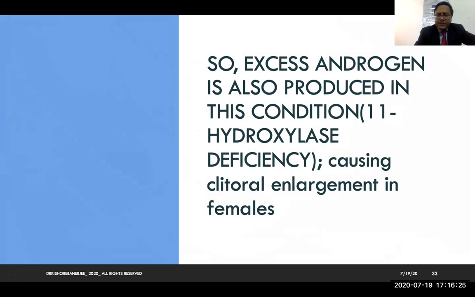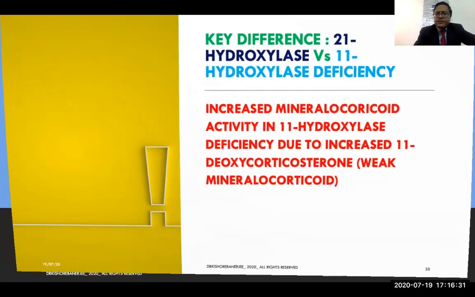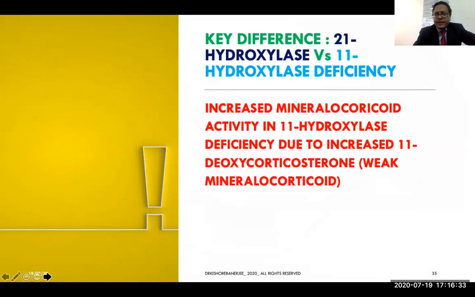Then what is the actual difference between 21-hydroxylase and 11-hydroxylase deficiency? I already mentioned it, but I am repeating it here. The key difference is increased mineralocorticoid activity in 11-hydroxylase deficiency. Though 11-hydroxylase is required in the mineralocorticoid pathway, its blockage causes excessive accumulation of some weak mineralocorticoids like deoxycorticosterone, and they actually,